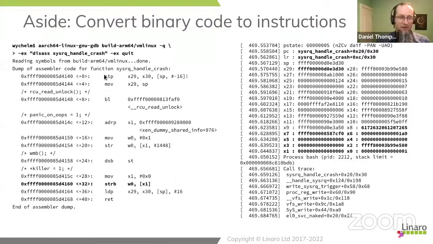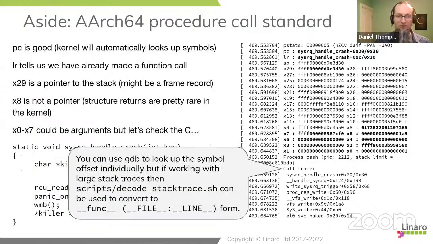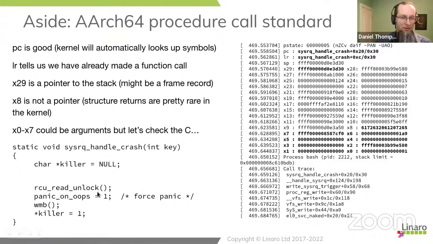So what we can see here, we can actually follow this down, and you can see at +16, it overwrites the content of W0. On ARM systems, W0 is a synonym for X0 that only accesses the bottom 32 bits. It's the only thing you really have to know to be able to scan the assembler to figure out if a register has been modified. In this case, we can see that at +16, the register has been modified, which means ultimately that is not the argument that came to the function. So we were able to rule out on this occasion that that's the argument that came in the function. Instead, we can see that it's just stored the force panic value ready to write to whoever it's going to write it to.